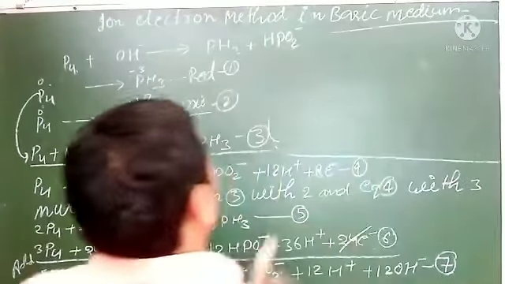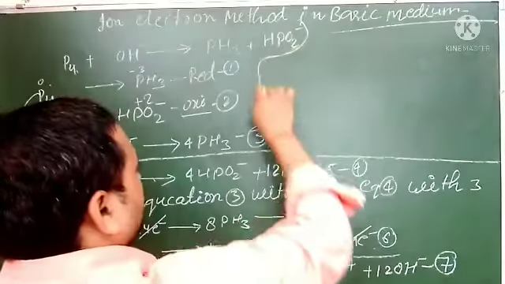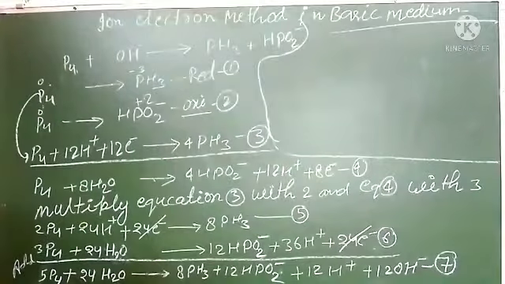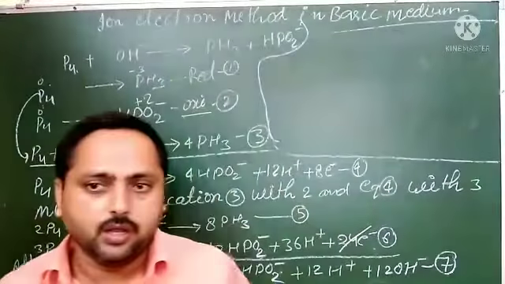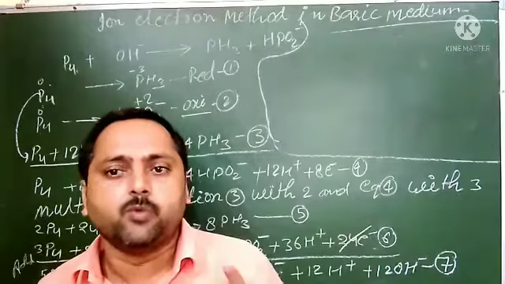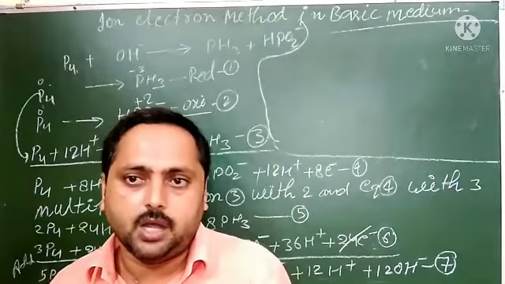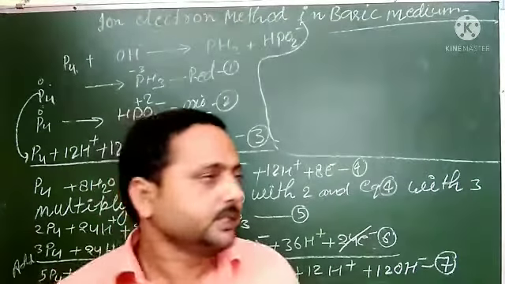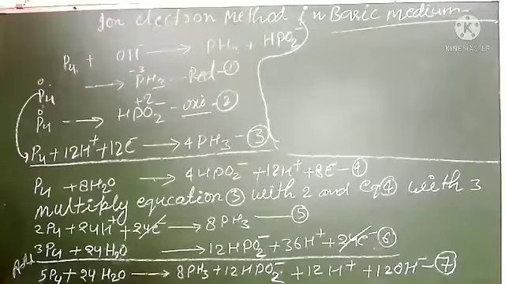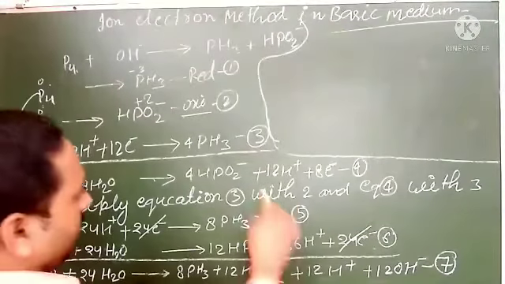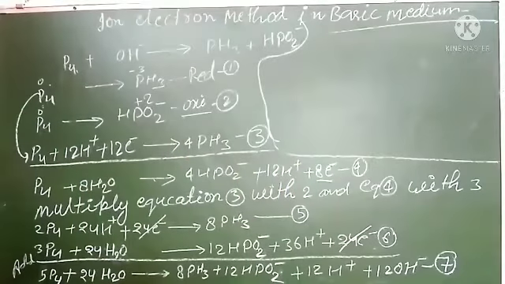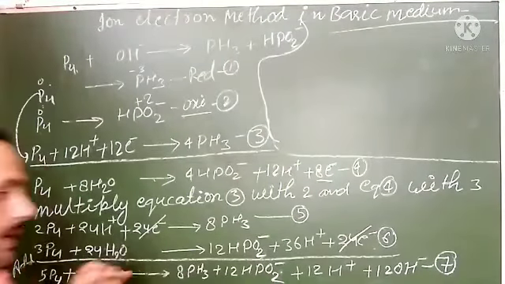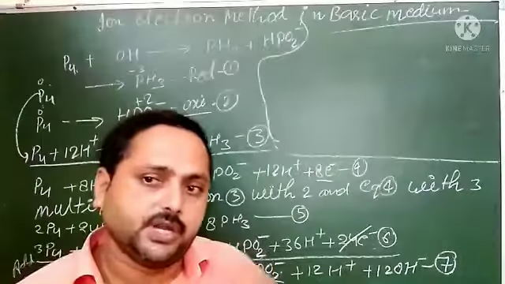What may be the point? Let us see here. I told you after balancing half reaction, what we will do? We will check number of electrons in both half equations are equal or not. So let us check that here. Number of electrons in 4 is 8, and this is 12. So how can we make it equal? Before we add, we have to make equal the number of electrons in each half reaction.